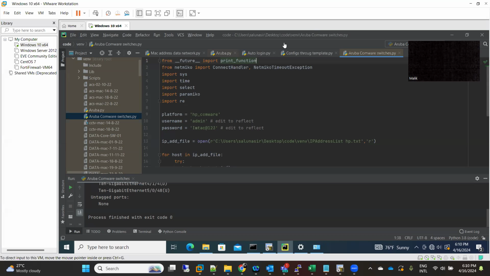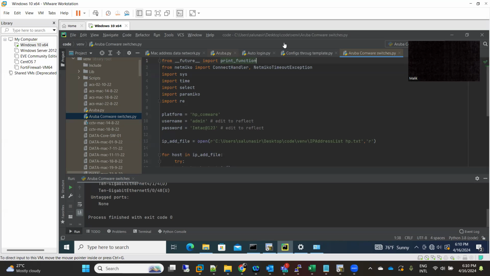The scenario is we are into an implementation of an access network for a customer, which is basically an enterprise, and they have a very big building with around 8 switch rooms, and each switch room contains around 5 to 6 switches. So in total, there are 40 switches, 4 switches in distribution. So the initial setup is done, connectivity is done, SSH is enabled, and we are able to SSH the switches from